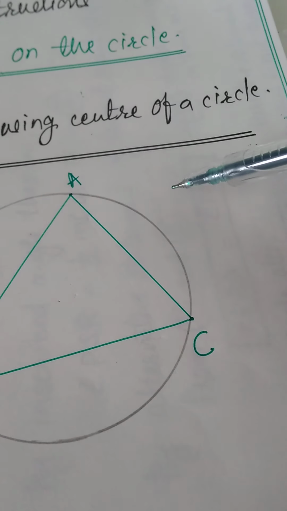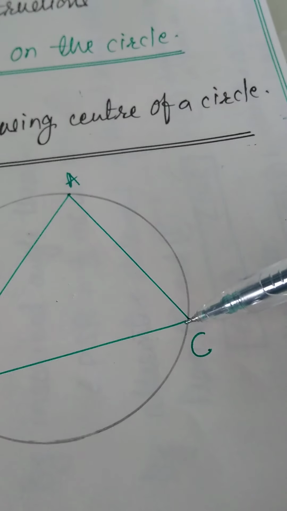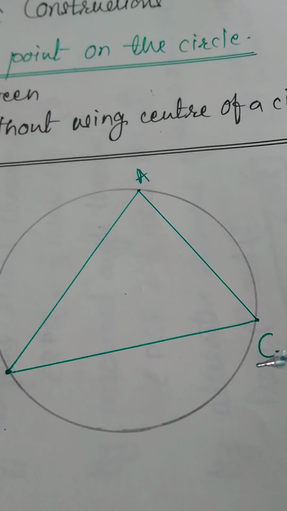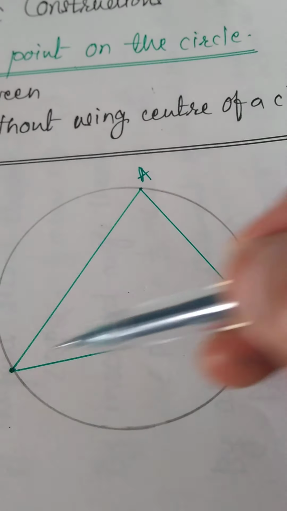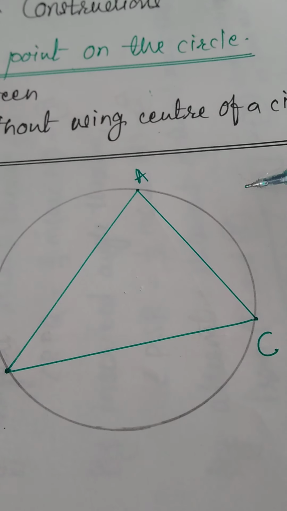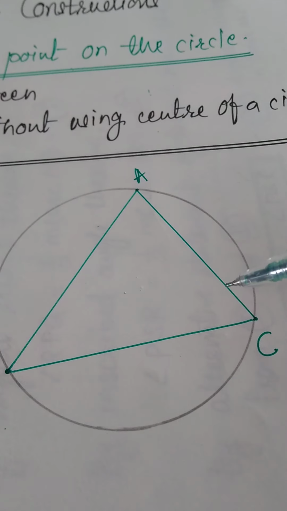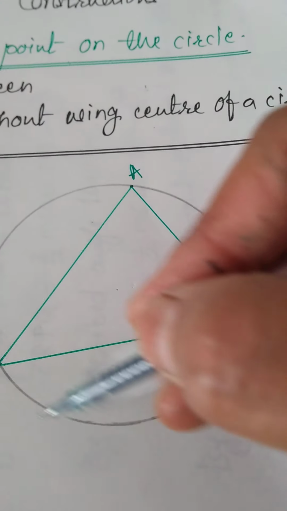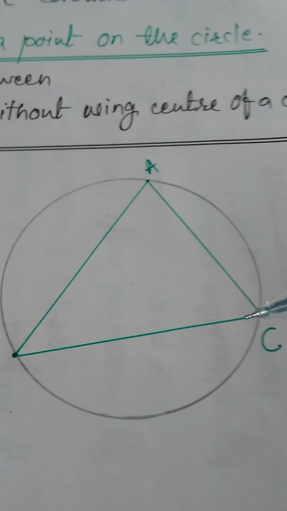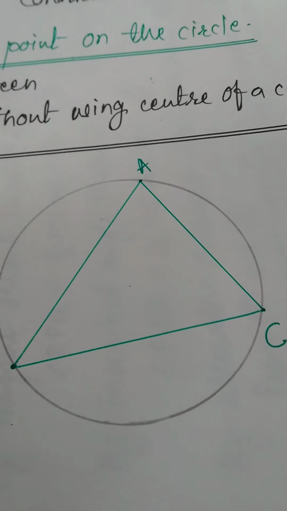So angle ACD intercepts arc AC. Also angle ABC, which is an inscribed angle, intercepts arc AC. So the measurement of angle ABC and ACD will be the same. It means these two angles are inscribed in the same arc, that is BC. Angles in alternate segments. So we will draw the figure like this.